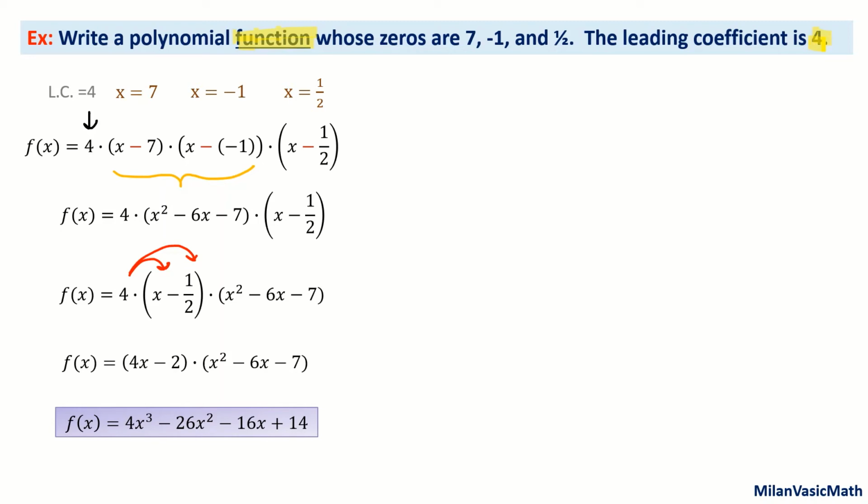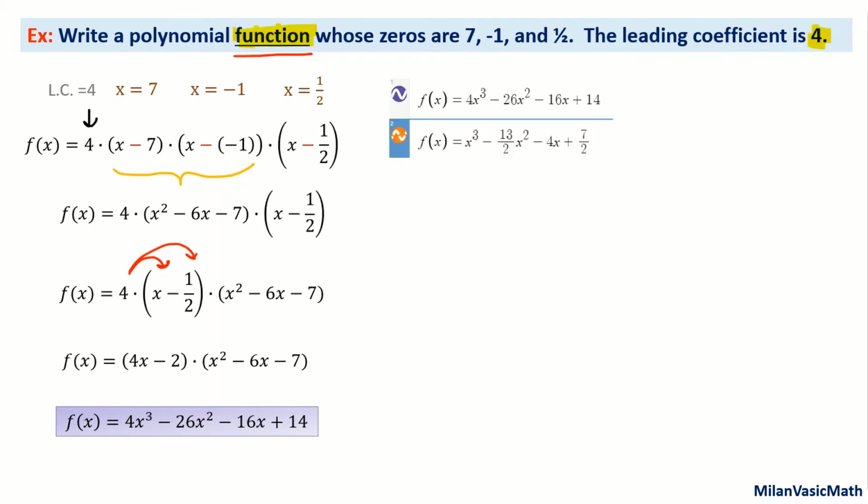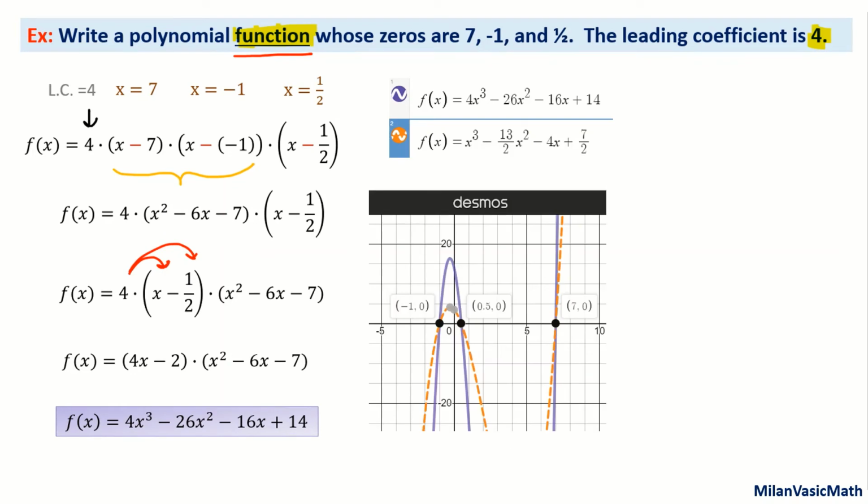And notice that at the front of that is f of x because, like we mentioned earlier, we want it to be a function. If we look at the graph for this, I use Desmos to graph our answer, and our answer is the one that I will highlight right now, and it is shown on the graph by a solid line. The graph next to it in a dashed line in orange